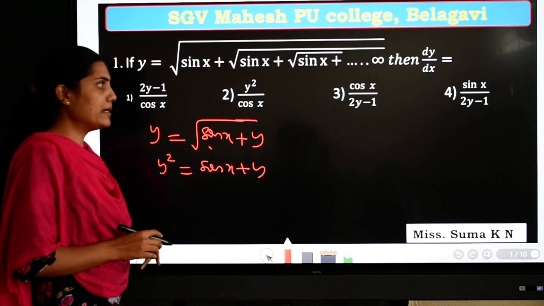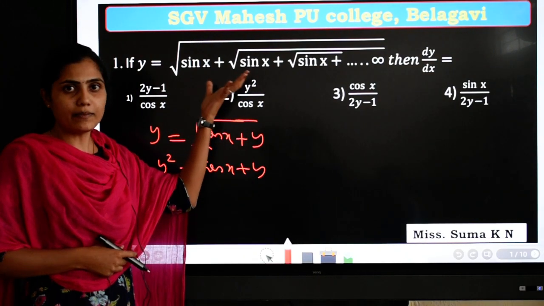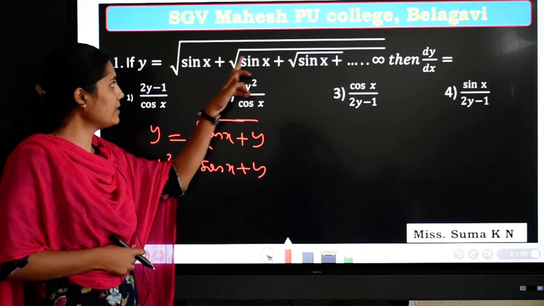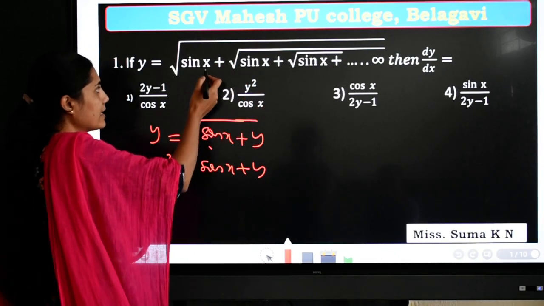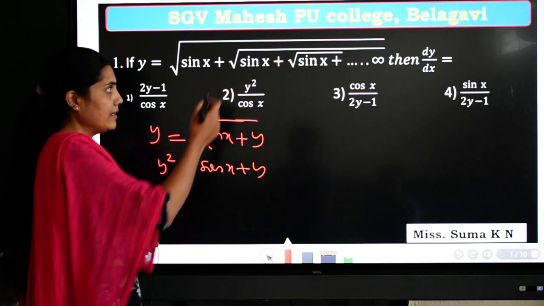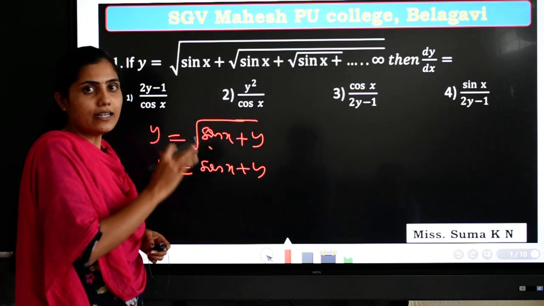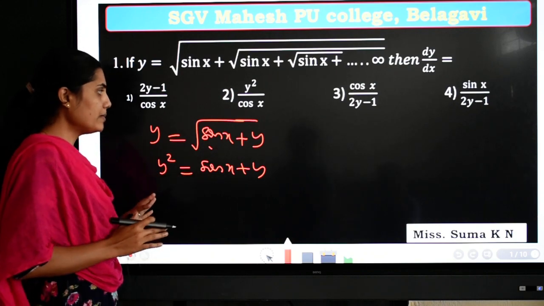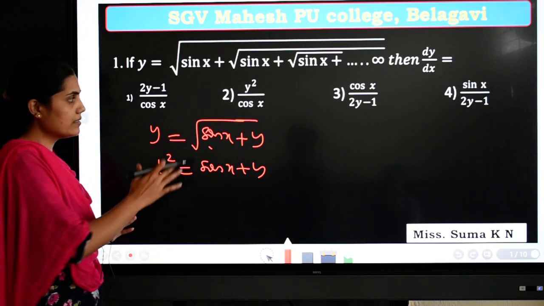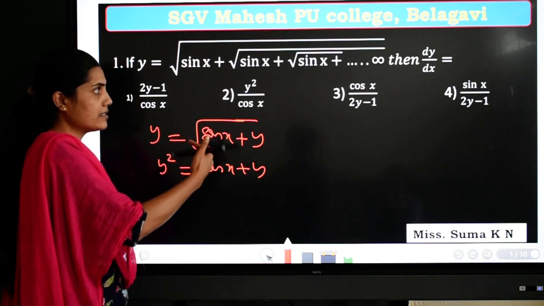One more shortcut method is there for this type of examples, where the functions have a plus sign in between, and also if they ask sin x into root of sin x into root of sin x. For this type of question there is again a shortcut method. I will explain both methods here. This is generally what we do, differentiation step by step.